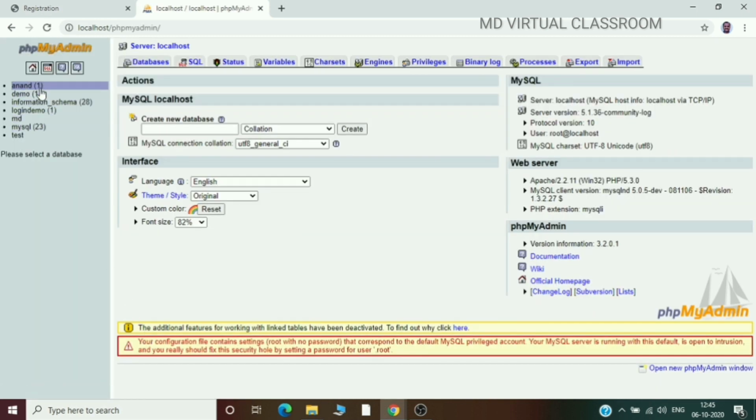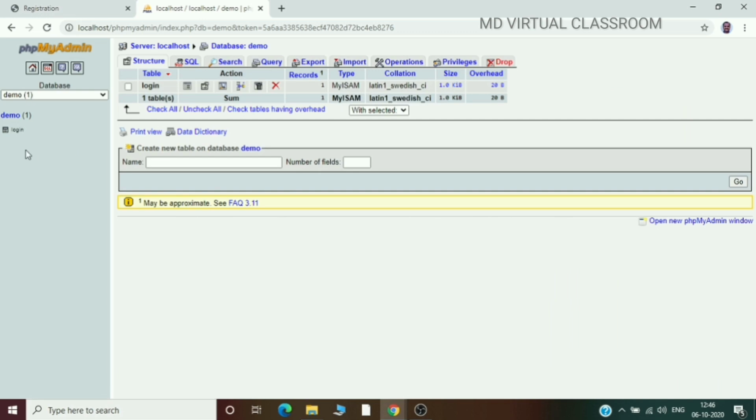And I have the following databases: Anand demo, login demo, MD test, all these are my databases. So I am selecting the database called demo, and I have one login table there, and I am going to create another table called registration.